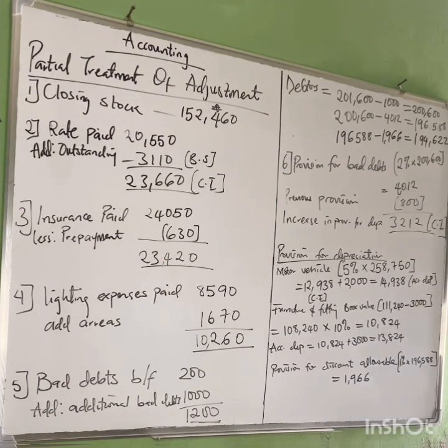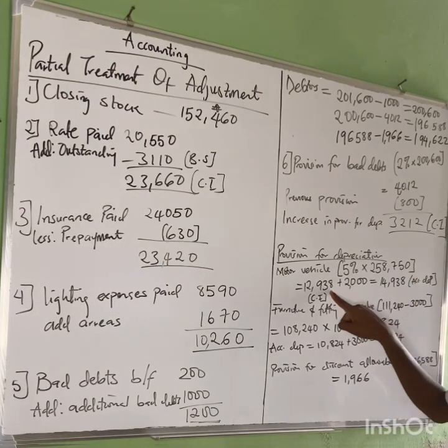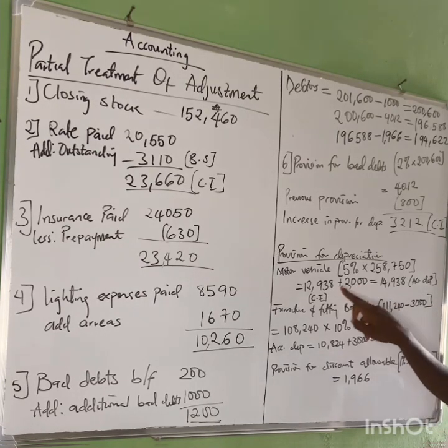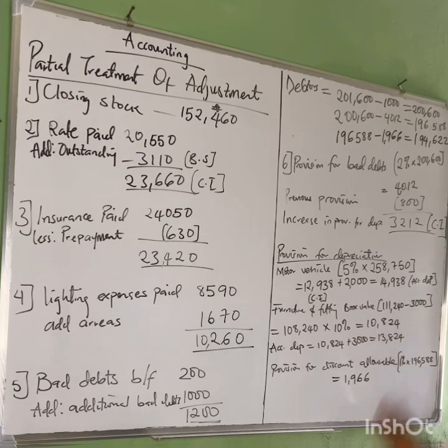Now we have our annual, which is the first one, plus the provision in the trial balance, that is the previous accumulated depreciation. So we'll be adding the previous accumulated depreciation to the annual depreciation to get our current accumulated depreciation, which is this amount, and then we'll be lessening it from the cost of the asset in our statement of financial